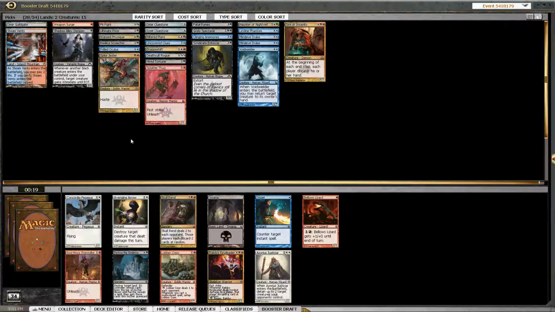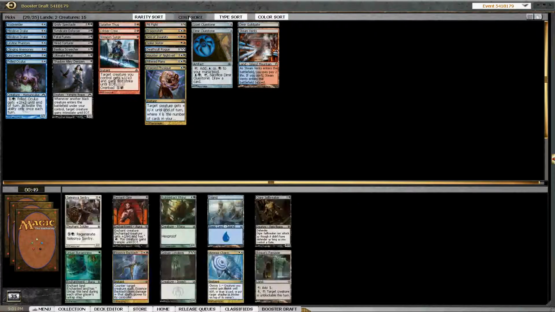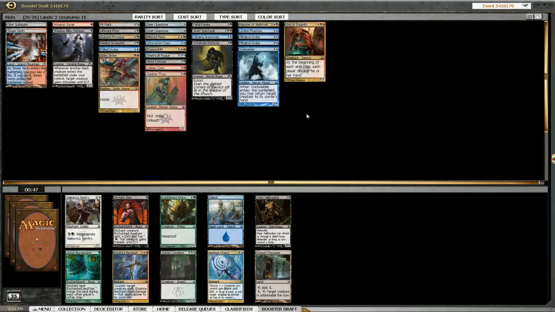I guess we have a ton of monocolored stuff. I think Lobber Crew is actually quite a bit better now. I always thought it was good, but we've got a lot of multicolored creatures, so